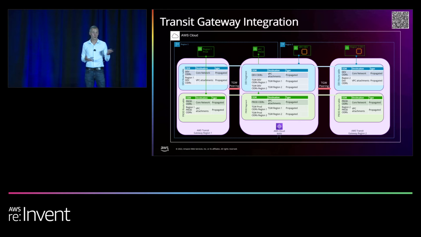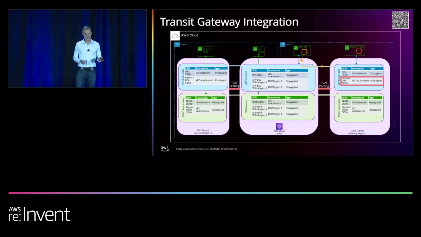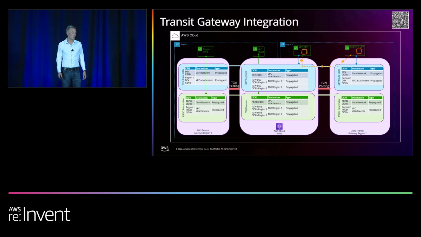So if we look at two dev instances talking to each other from Cloud WAN to a transit gateway, we'll have a packet flow out. It'll hit the core network edge. It's associated with the dev segment. We have a route here, and we know those CIDRs are then in transit gateway 2. Traffic will go across that TGW peer to the dev route table on the transit gateway, and from there it's a propagated route, and the traffic will flow directly. So pretty simple, 3-step hop to go from a core network into a transit gateway.